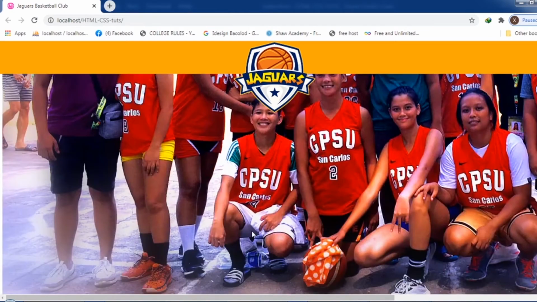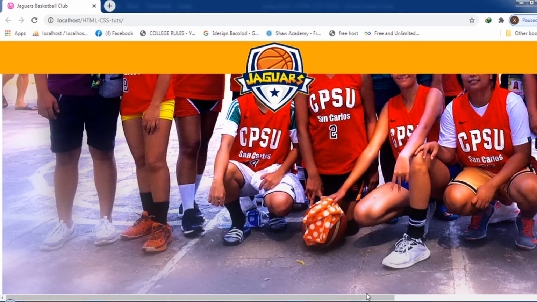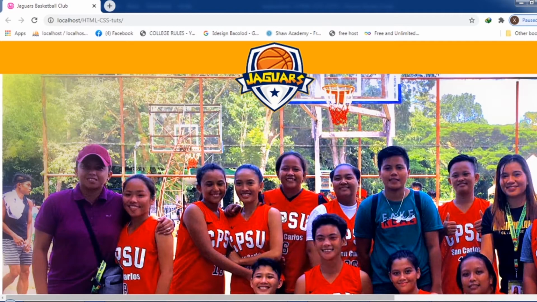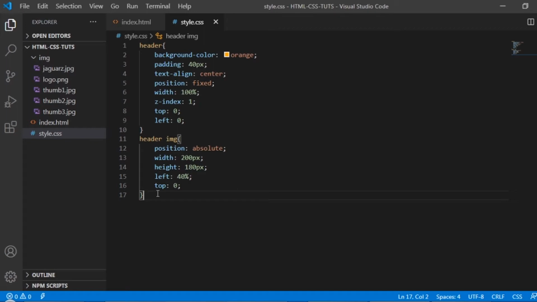And there you go guys. The size of the image is not fixed, so let's fix the size of the image. Let's go back here and create a design for our banner.